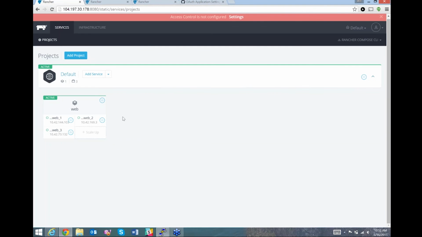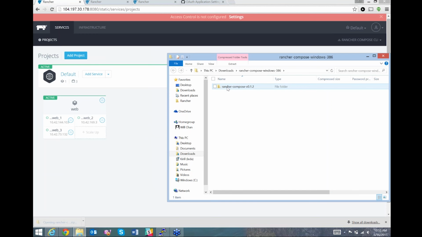So if I add another service here, go into the advanced options and down to scheduling, you can say, okay, automatically pick hosts for each running container based on these rules. These rules get a little bit complex. We've tried to do our best to make this easy to digest, but you can basically say we want it to run on a host that must, should, or must not. Basically, what that means is